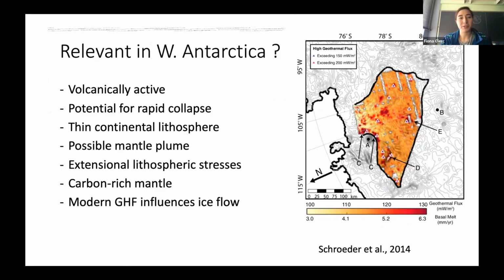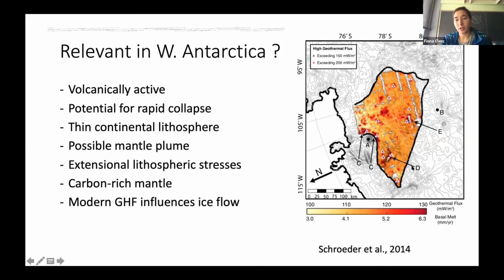So in particular, West Antarctica bears some tectonic similarities to Yellowstone, so it could also be interesting. So it's volcanically active. It's deglaciated rapidly in the past. The lithosphere is only 60 to 110 kilometers thick. There may be mantle plumes. Some regions are rich in CO2. And then there's evidence that some volcanic